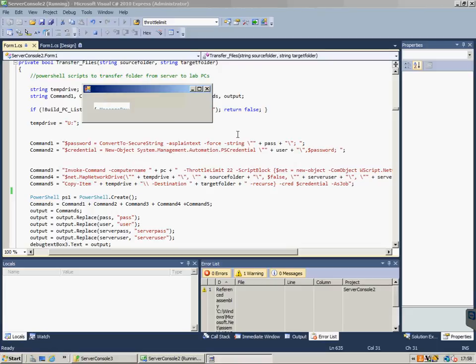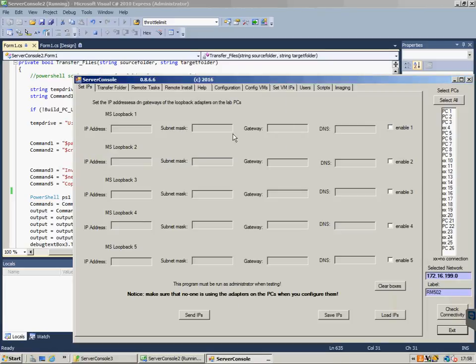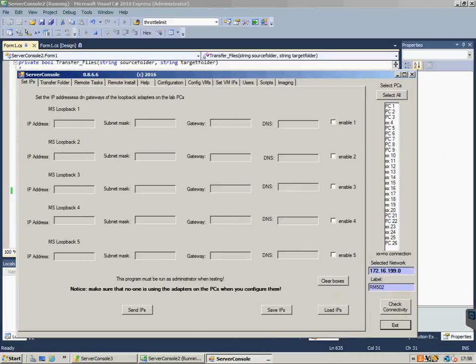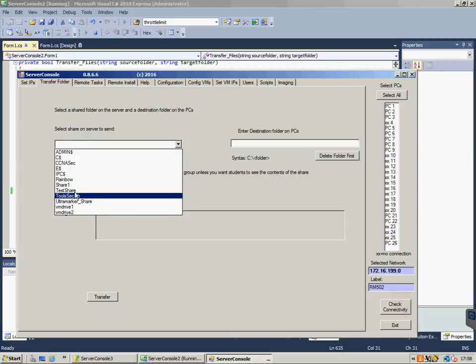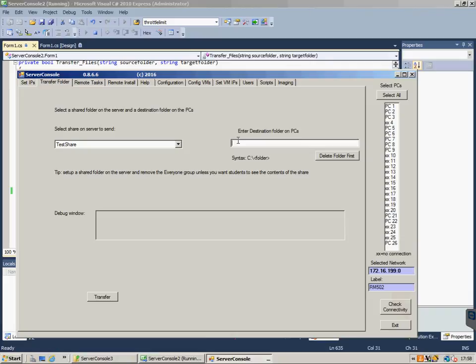okay, now let's have a look at the transfer folder function. Now we just simply need to select a shared folder on the server and a destination folder on one of the remote PCs, and we'll select a PC to send that to. Let's go for PC 21. Now if we transfer that folder,